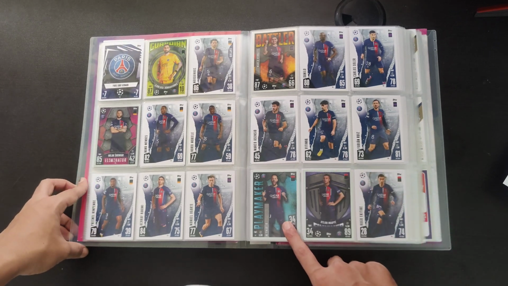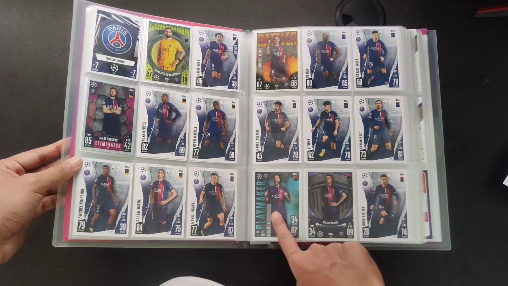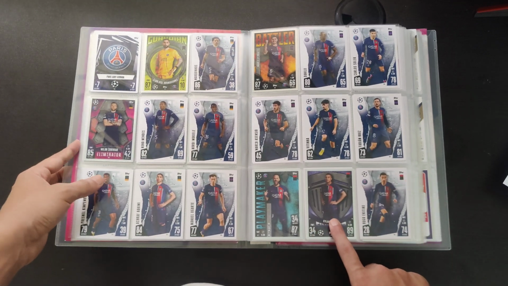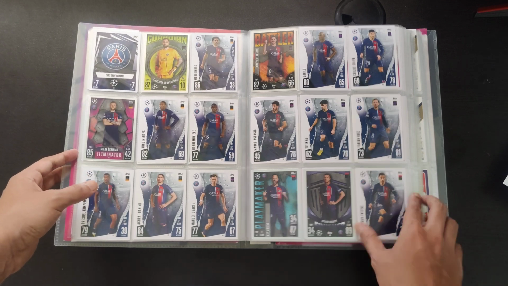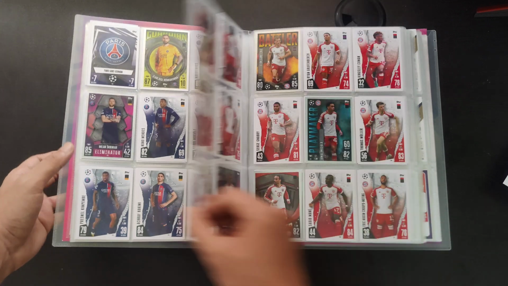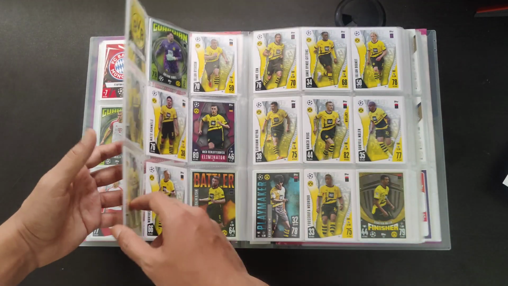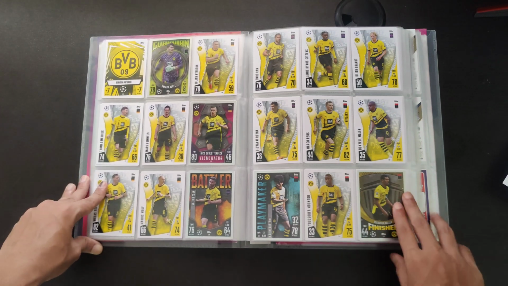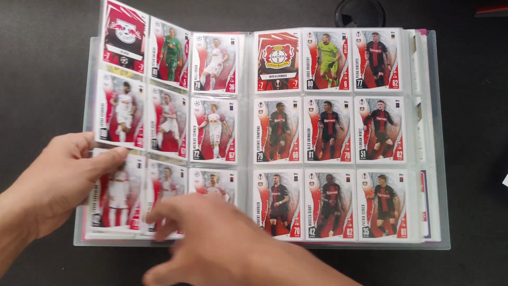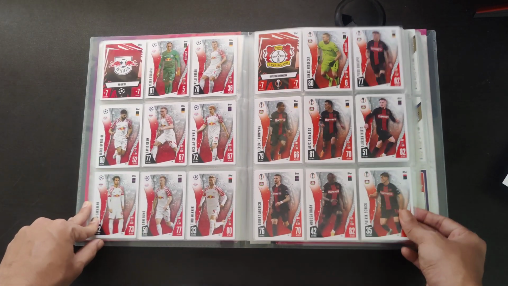We have a Neymar card who was, at the time when the collection was out, still a PSG player, so we're fortunate to get a Neymar Playmaker card. We also have what is probably Mbappe's final Match Attax card for PSG. So yeah, we then have Bayern Munich, and then we have 18 Borussia Dortmund cards. So from here on out, we start with teams with 9 cards. We have Leipzig this side, Bayer Leverkusen,